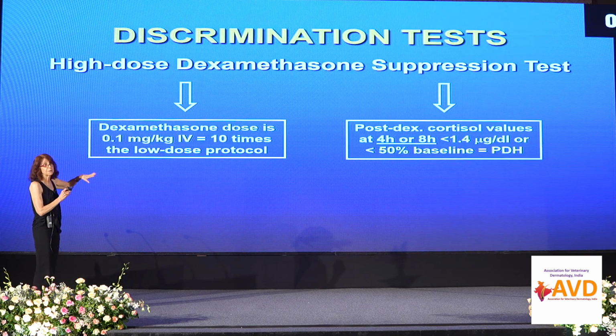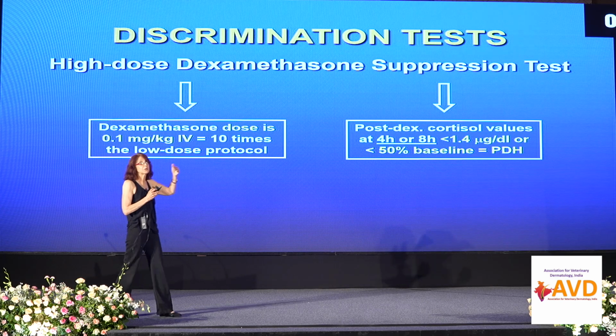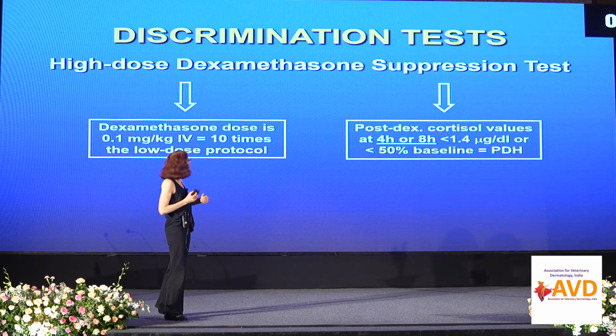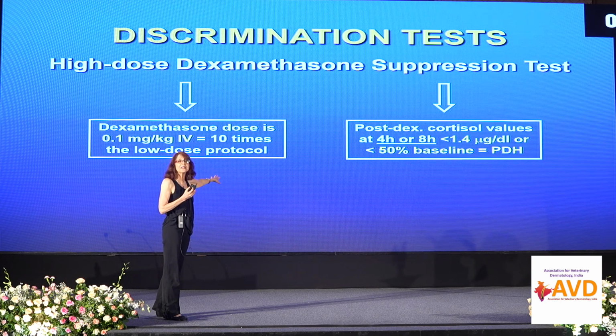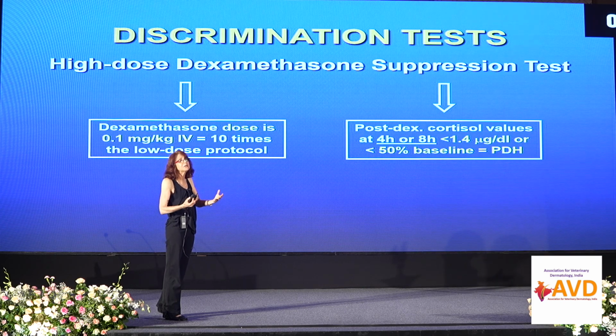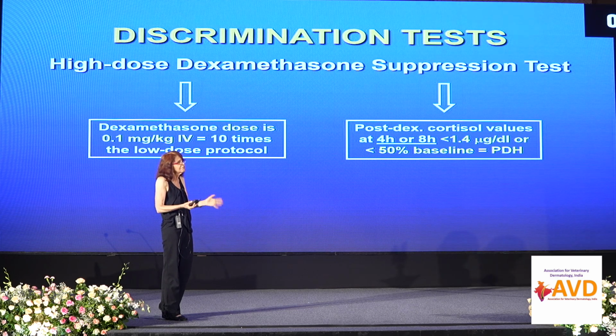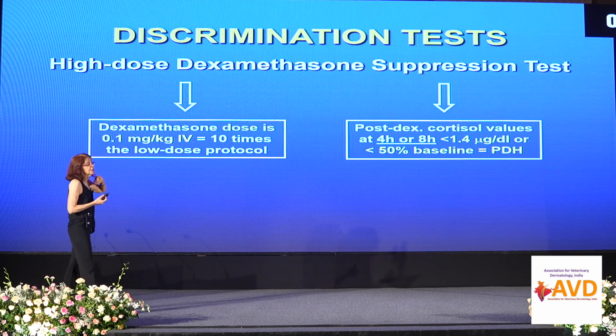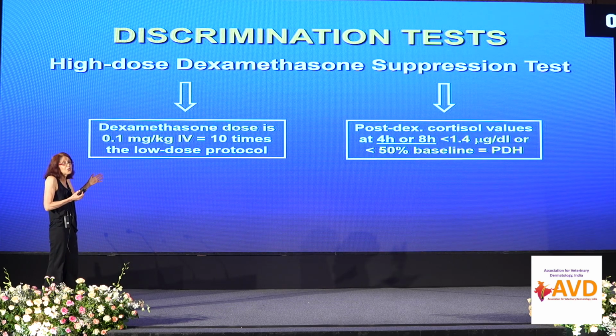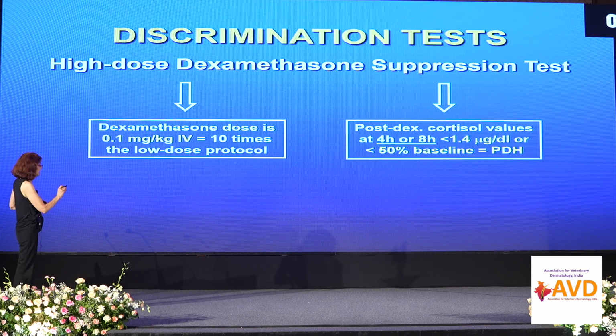Then high dose. So again, you're using 10 times, so you're using 0.1 milligrams per kilogram IV. Now, we don't like it much because the sensitivity, so the accuracy to diagnose the disease, is relatively low. You can miss 25% of the cases, so 1/4 of the cases. Not very good. You may say, well, you miss more with the low dose, but low dose is not used for that purpose. It's more to diagnose, but you measure the 4 hour value to see if you have a chance to localize it with that test, okay? So, but that's the protocol, 10 times the low dose.